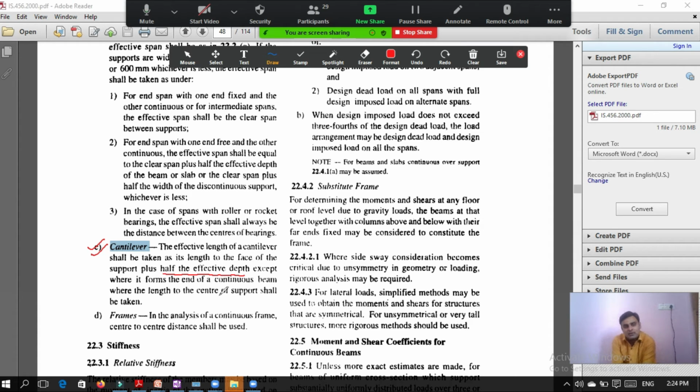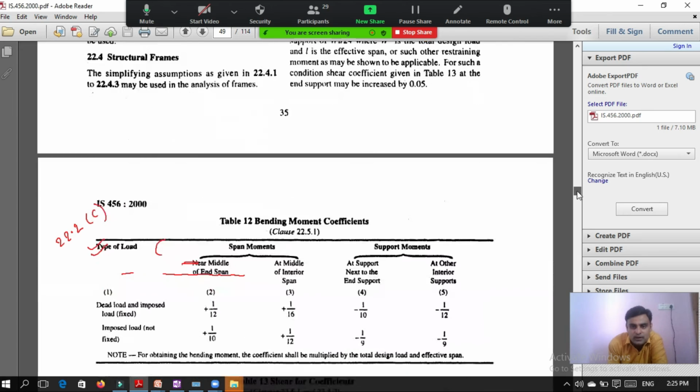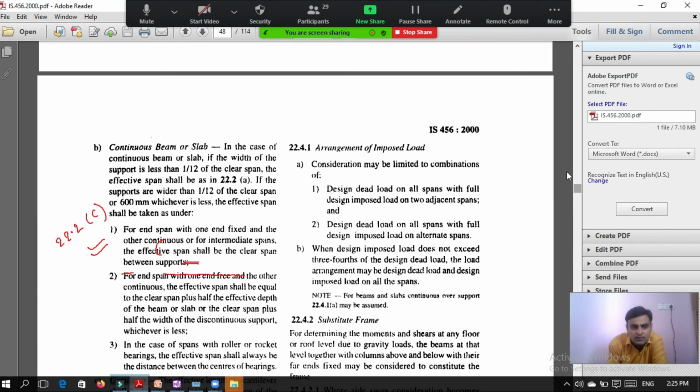So here it doesn't form any continuity. So we use clause number 22.2 C, given on page number 34.